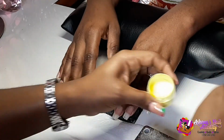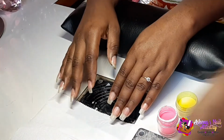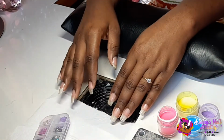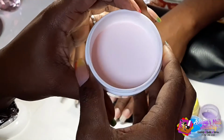And right now she is pretty much set for her new set, and we are not using any tips or anything, so we are going to be using her natural nails. While the video runs, as you can see, it's going a little faster than real time. We are just going to talk more about why it is important to do a professional soak off at the